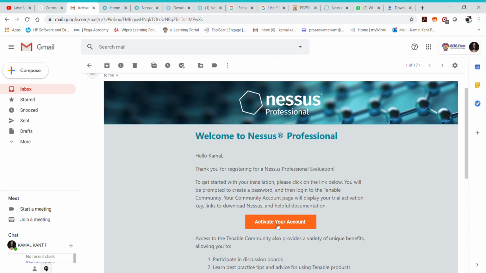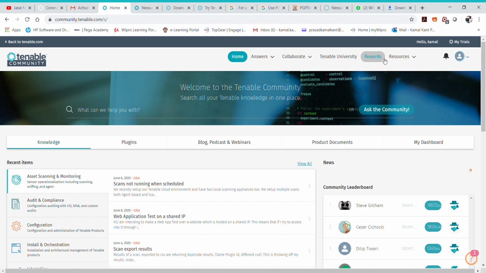On clicking activate account, it will redirect you to the password page where you have to set your password, and it will redirect you to the website. I have already set my password, so it will take you to this place.